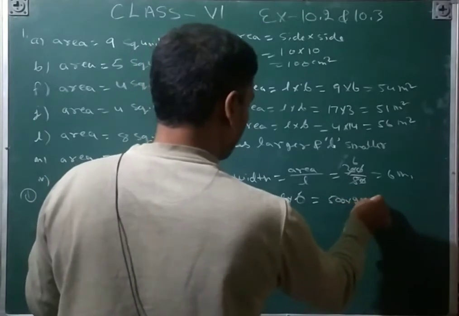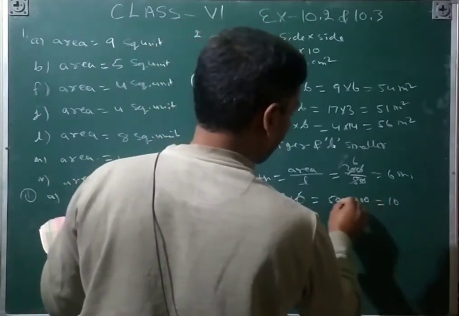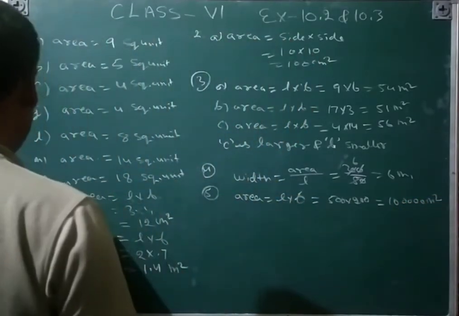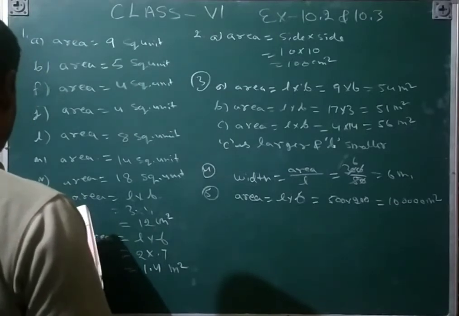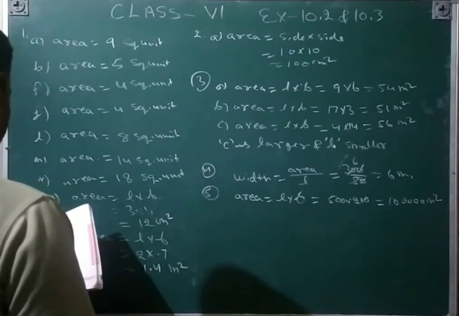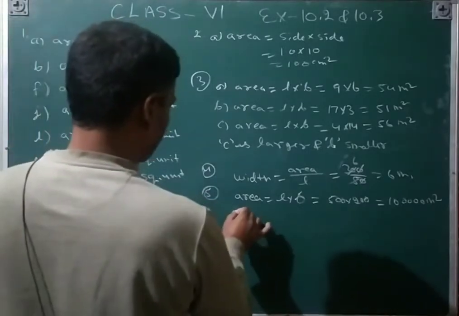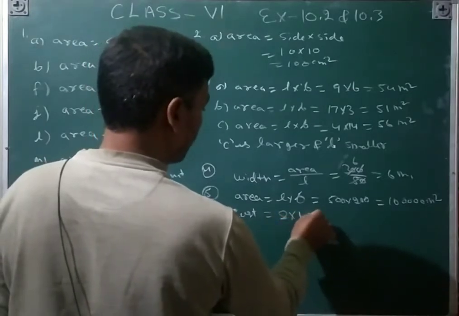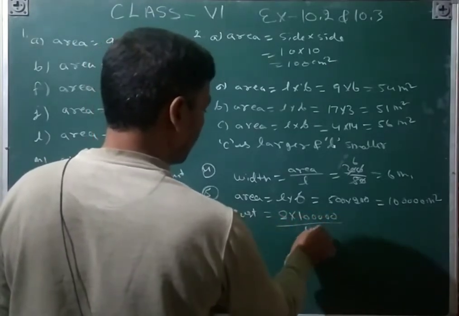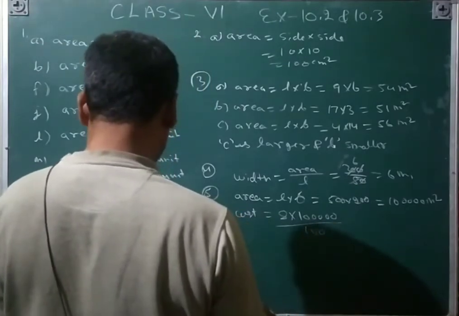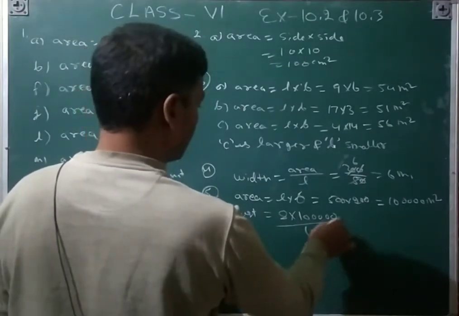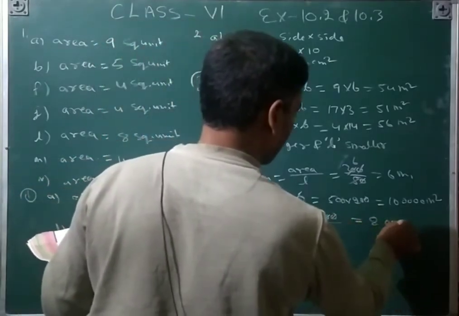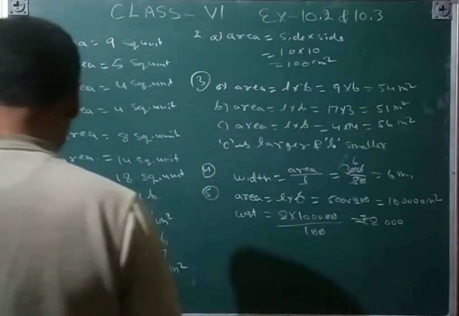500 meter and 200 meter is equal to 5 2 ja 10, and then 1 2 3 4 zeros meter square. This is the area. And then cost of tiling per 100 square meter. So cost is equal to rupees 8 multiply 1 2 3 4 upon 100, that will be per 100 meter square. So that is upon 100, 1 2 1 2, that will be 8 1 ja 8, 1 2 3 zeros, that is rupees.